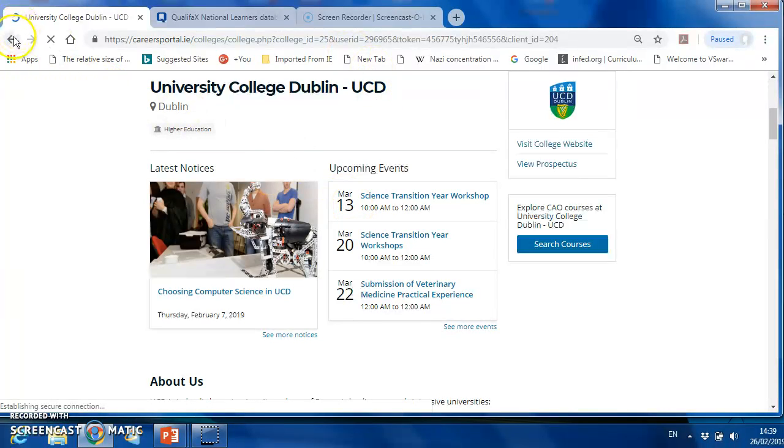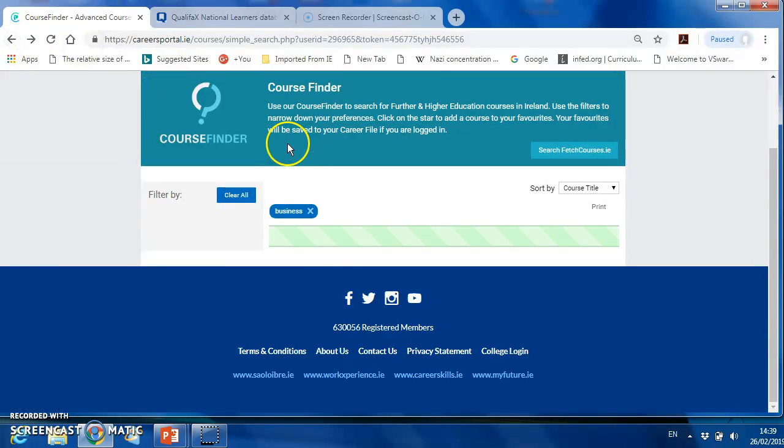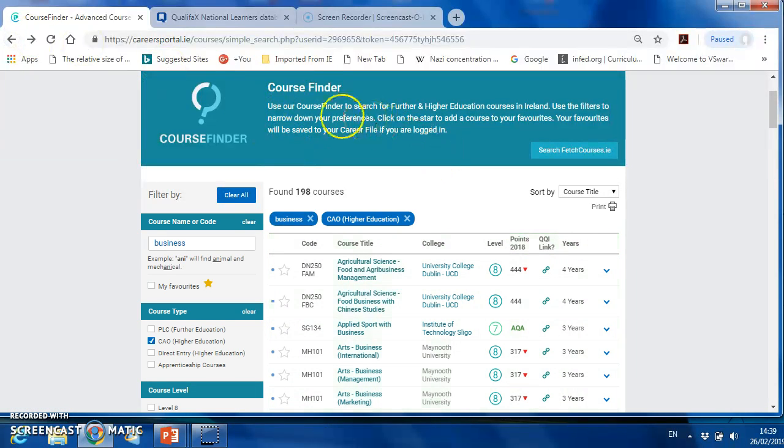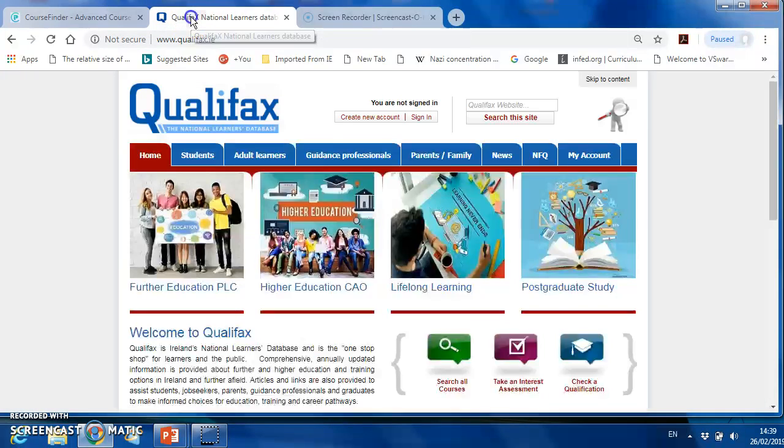Okay, so that's how we can find our entry requirements using Reach. But the other one that's good to know about is under another website called Qualifax. So Qualifax have a nice little tool that you can use as well when you want to check your entry requirements. So you come into qualifax.ie, come into the area of students,